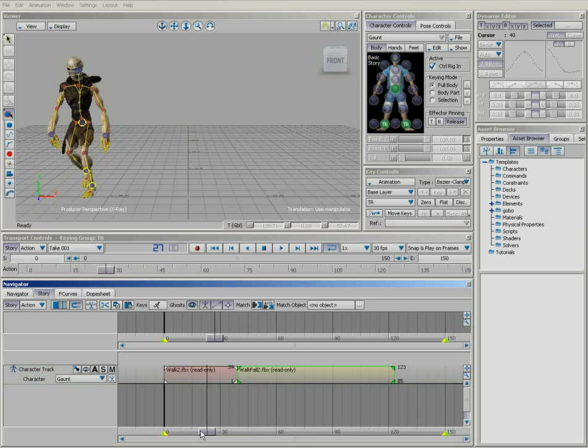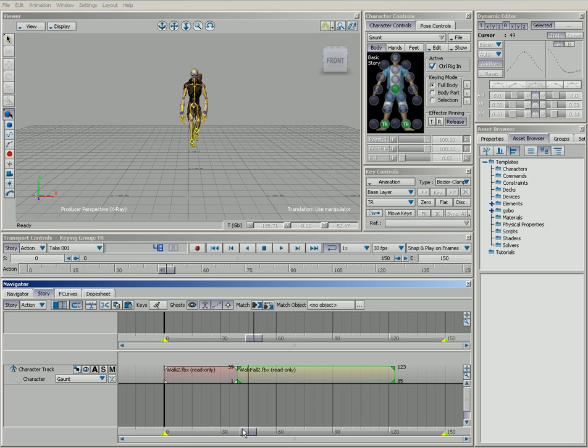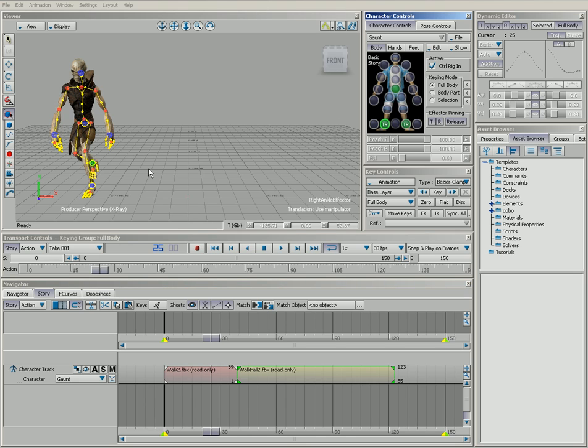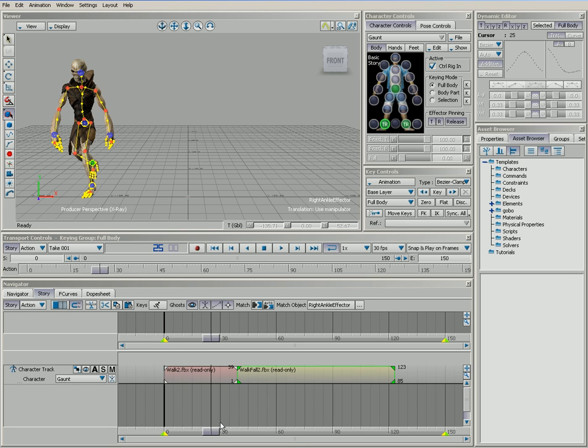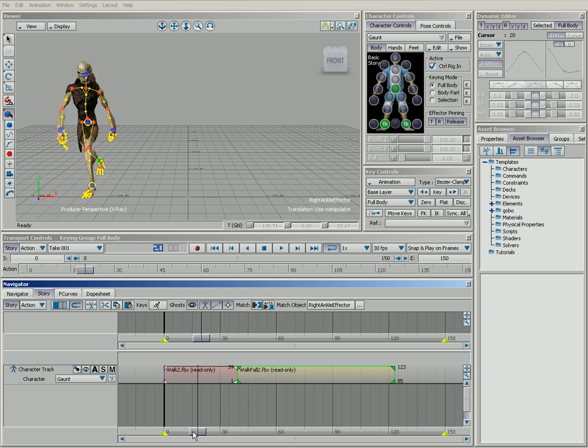The first thing we want to correct is their offset in global space so that one clip will correspond to the other. With the walk fall 2 clip, the right clip, selected, let's select his ankle effector. We're going to drag his ankle effector in as our match object. And we're going to open up the match options to say, let's match this clip to the previous clip at the start of the selected clip. Once we click on OK, you'll see that we now corrected